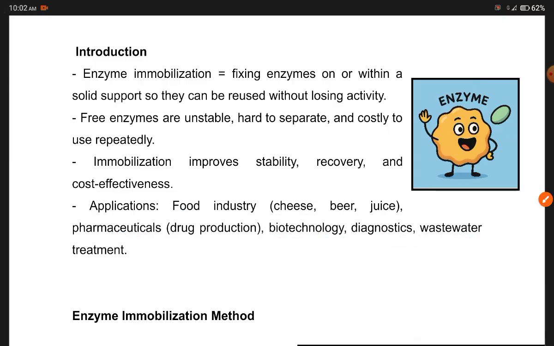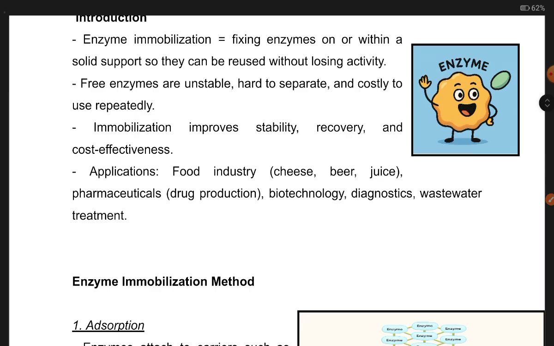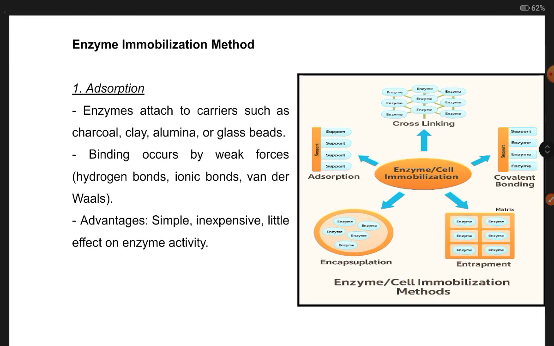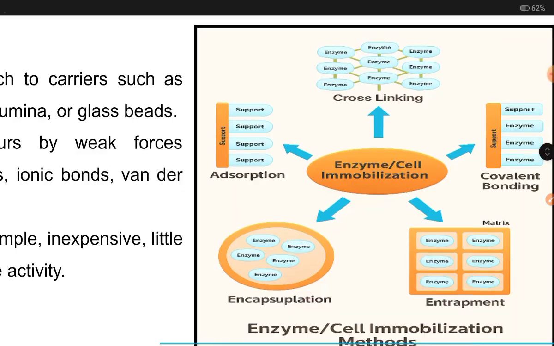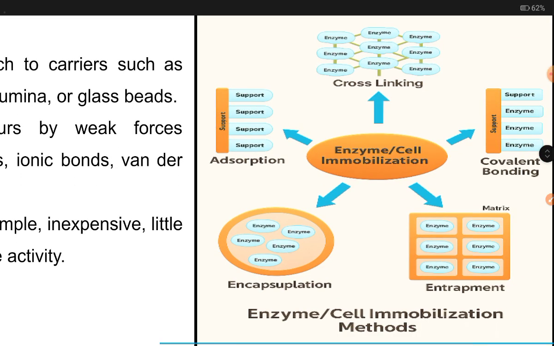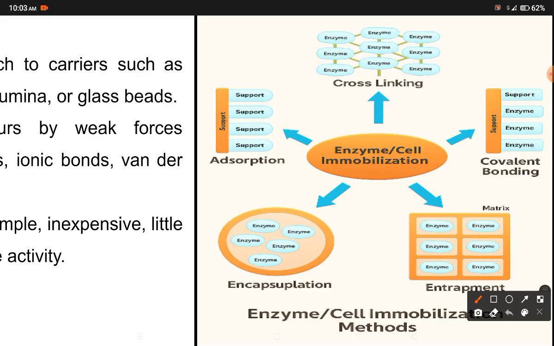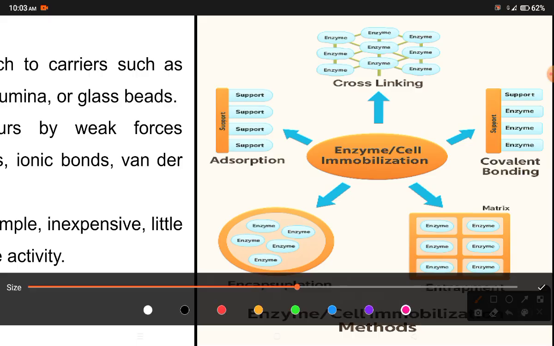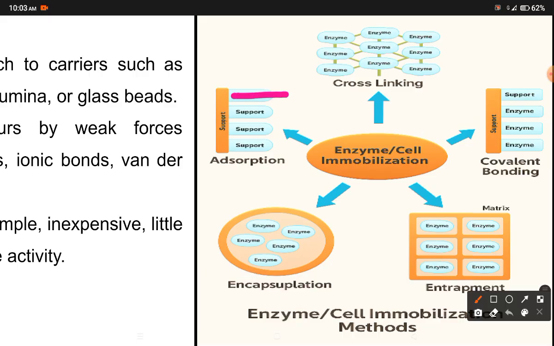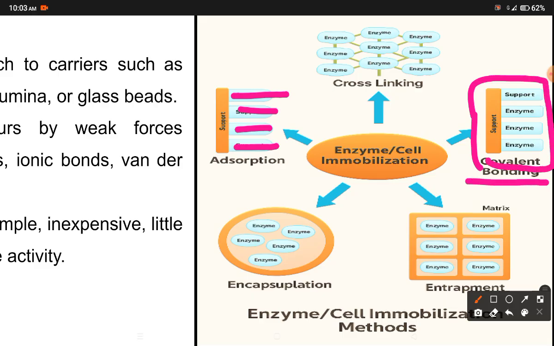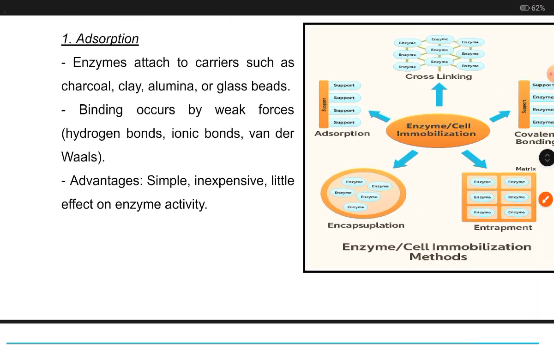Today in this video, we are going to see the methods of enzyme immobilization. There are mainly 5 methods here. I have made an image for you. It's an AI generated image, so there are slight mistakes here. Here it should be enzyme, it's not support. Just change that. And this image can be explained in a little more detail because it's covalent bonding, so we need to specify the bonding here. So this is a slightly wrong image. I will draw and show you the correct image when I teach you.